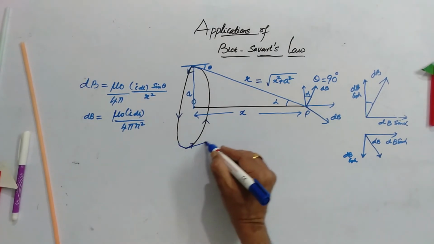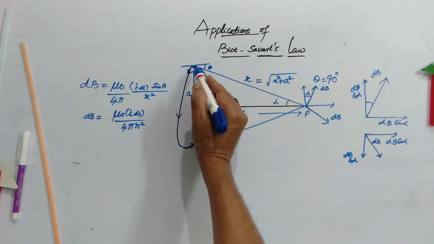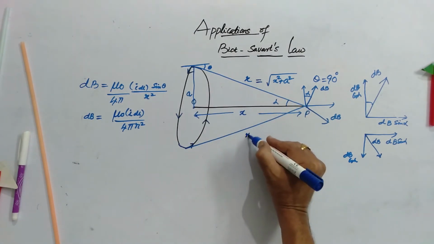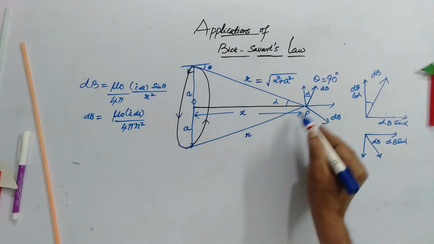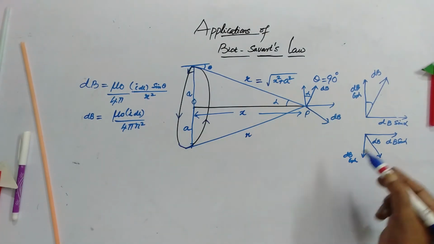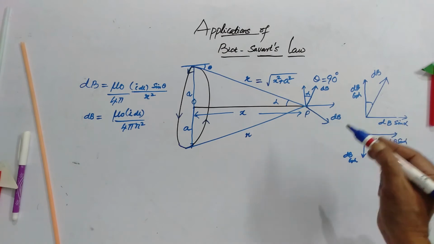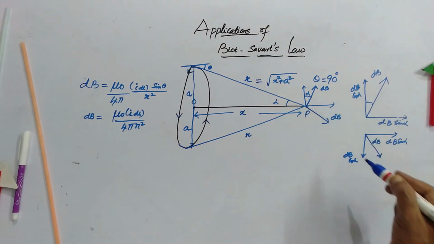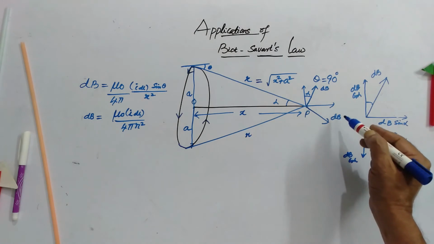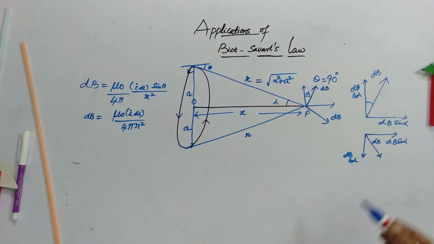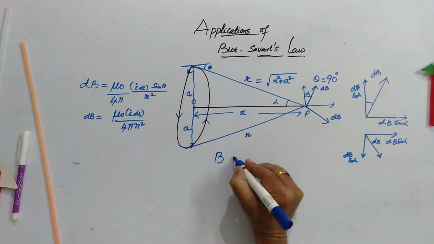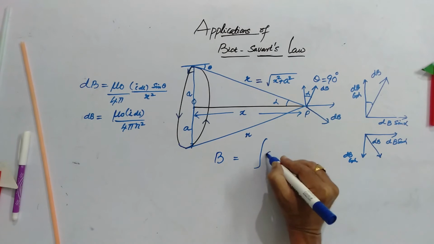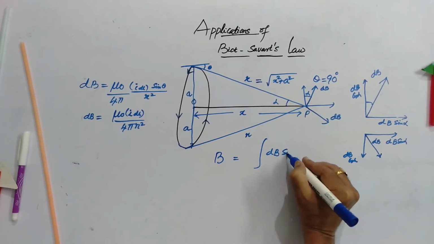How can I say that the magnitude is the same? Because all other measurements are the same. From this it is R, then this should also be R. And here it is a and it is x. So the rest of the things are the same for this situation also. So I can fairly write dB only for this. Otherwise it would have been dB dash. Anyway, after writing dB dash also, dB dash is equal to dB, we will come to know. Now if you look at these two figures, we will come to know the net magnetic field B is the summation of all sin alpha components.